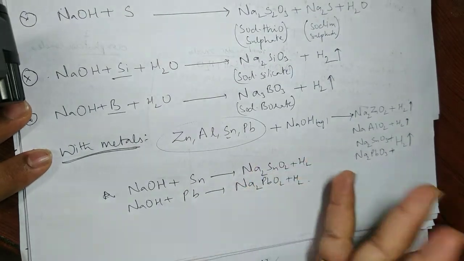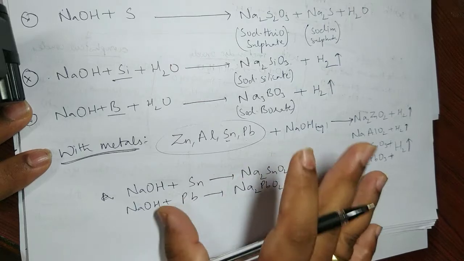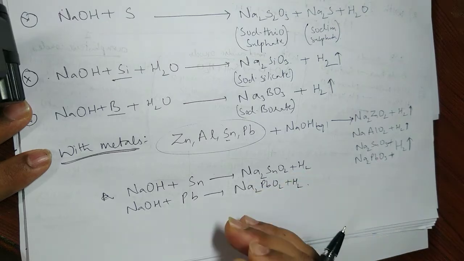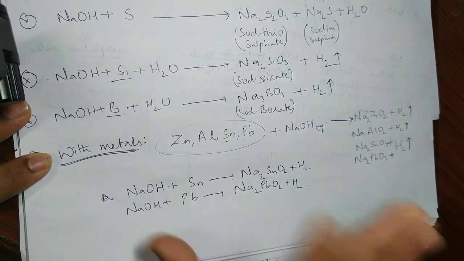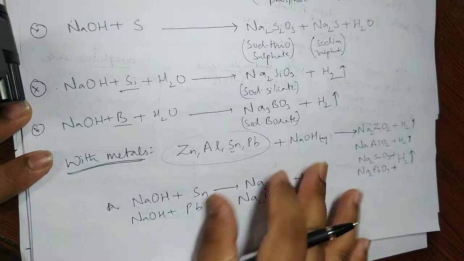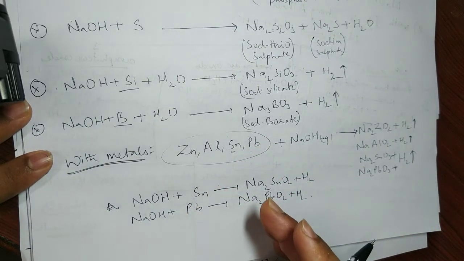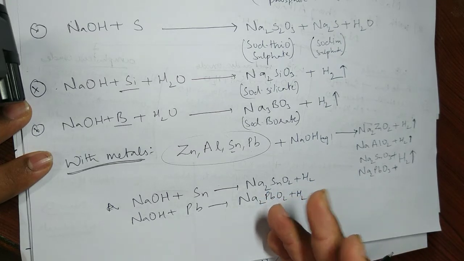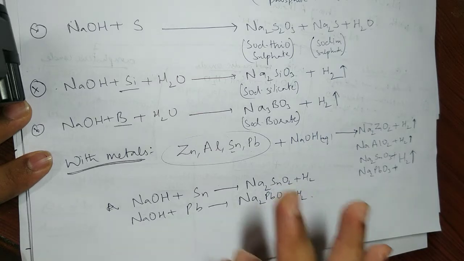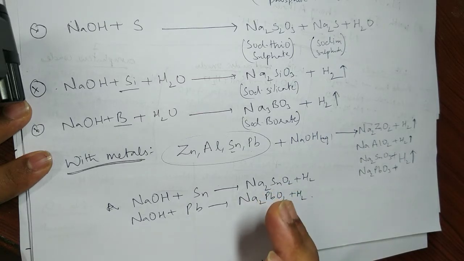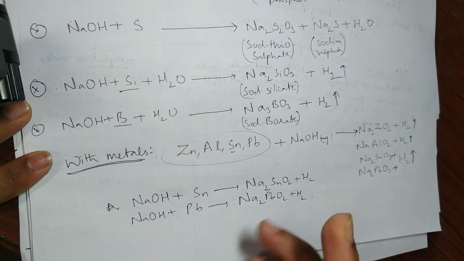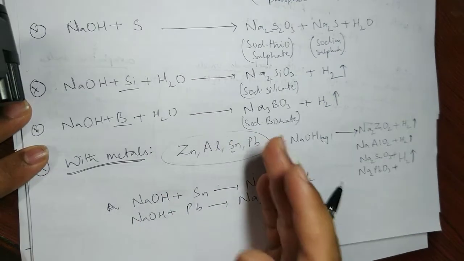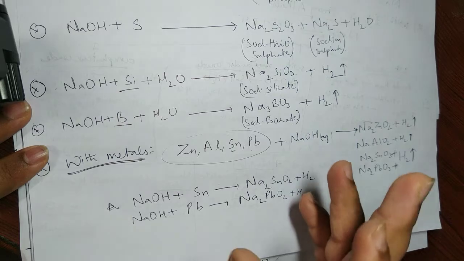So it's a tough call. I'm not giving any mnemonics for this because it's difficult. For everything mnemonics is really difficult, but I hope there is a common scenario that you can find here, be it sulfur, phosphorus, silicon, boron. We see that the respective sulfates, silicates, borates, phosphates are formed, right? Only in special compounds you will find the names with hypo or meta, so be very careful in that. That comes only by practice. Write it again and again, then only you will be mastering it.